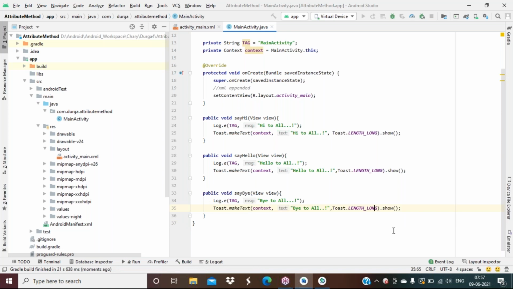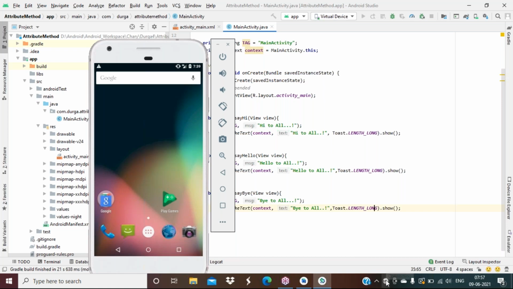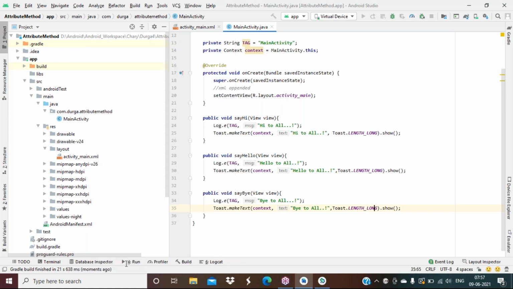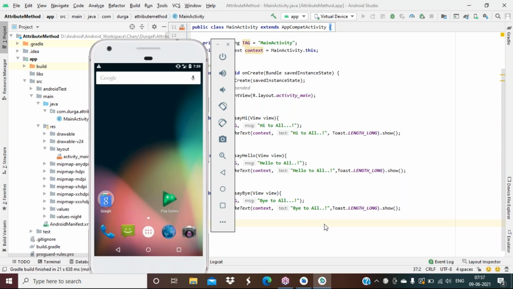Gradle build finished, but why is it not launching? Okay, running is in progress. The run button is not enabled because the emulator is not yet ready. It is taking some time. Let it be.